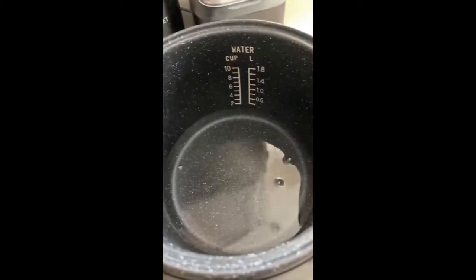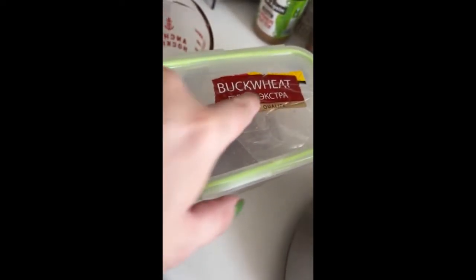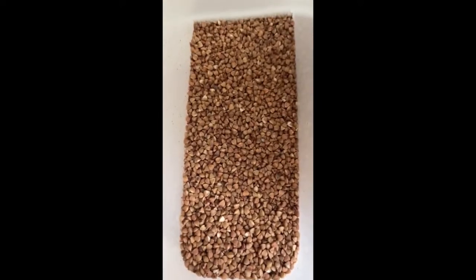Okie dokie. So I've got about a cup of water for my filter that I use, the Berkey water filter. So I am just putting it in here, or it's 2 cups of water actually, because I'm going to be making my buckwheat. It's from Russia because it's already, see how dark in there? It is already